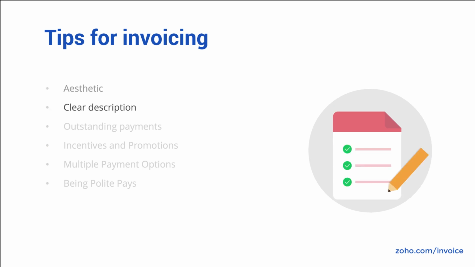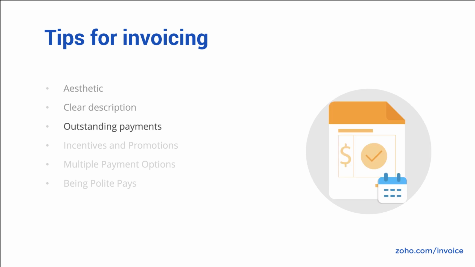Give a clear description on the product or service being offered. Vague description often leaves a bad impression about your business. Also, avoid any hidden charges as this can put off your customers. How much your client owes on the current invoice is important. But if they also have overdue invoices, then it's good to let them know that. Giving a consolidated total of how much they owe you saves your clients time as they won't have to calculate the total themselves.